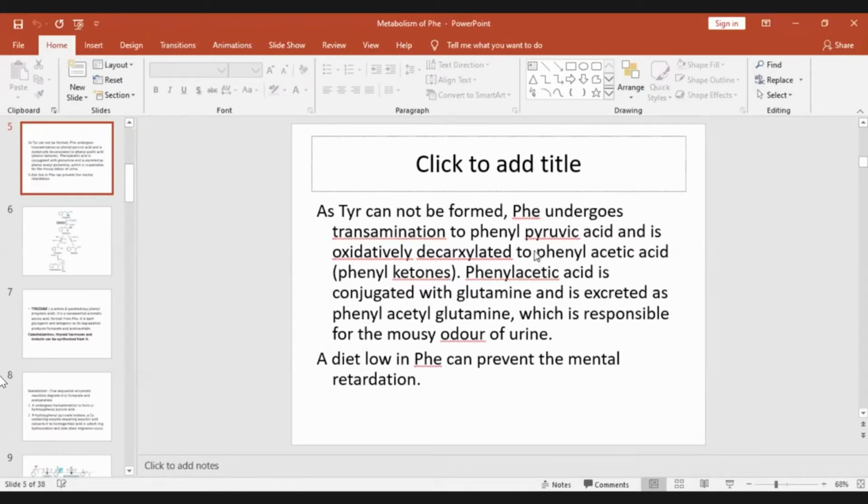The treatment consists of only a diet low in phenylalanine, which will prevent the mental retardation. That's what you should remember. The condition should be identified early, and then phenylalanine must be stopped from the diet. They may have to be given foods where phenylalanine is lacking, or amino acid hydrolysates will have to be given, which becomes expensive.